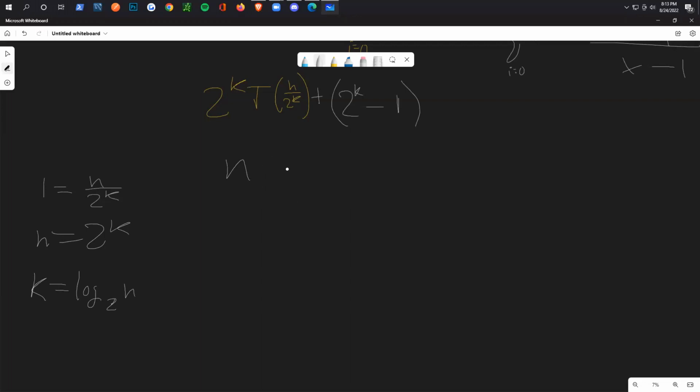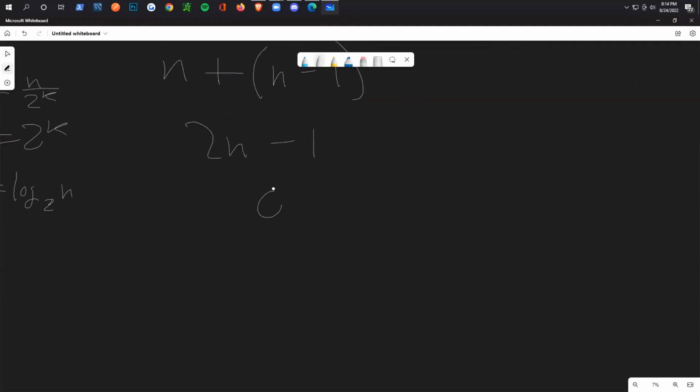We don't need to write the times 1, plus 2 to the k, but we know that 2 to the k is really equal to n, so we can just write n, and then we have our minus 1. So I just did a substitution from this right here for both of these, and even right here as well. And now we have 2n minus 1, and our big O is going to end up being